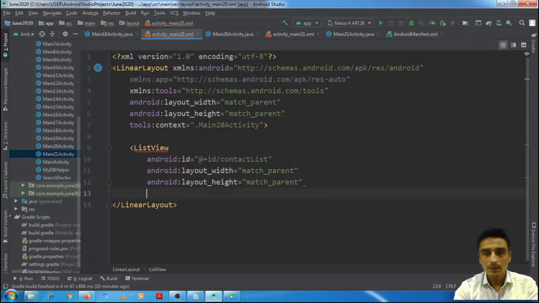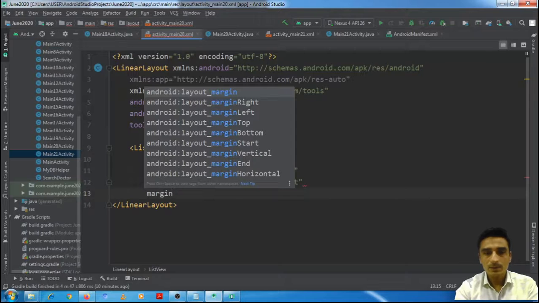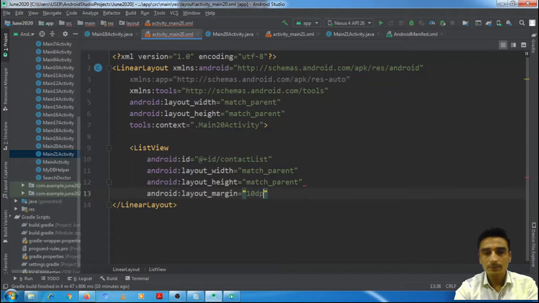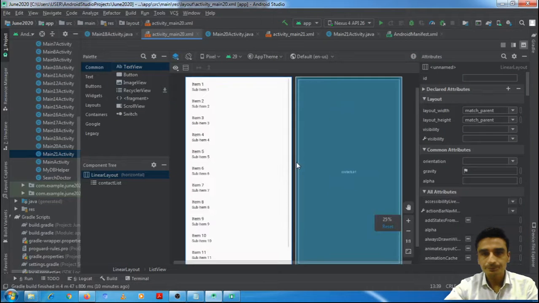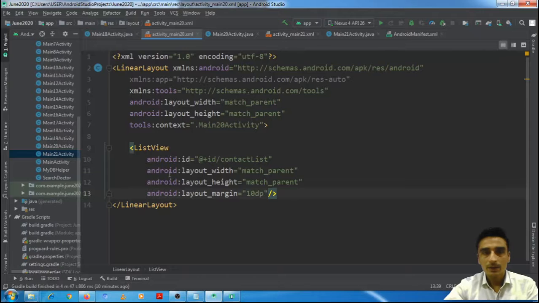Okay, and also set the margins to 10 dp. So let's see how it looks. Okay, fine.